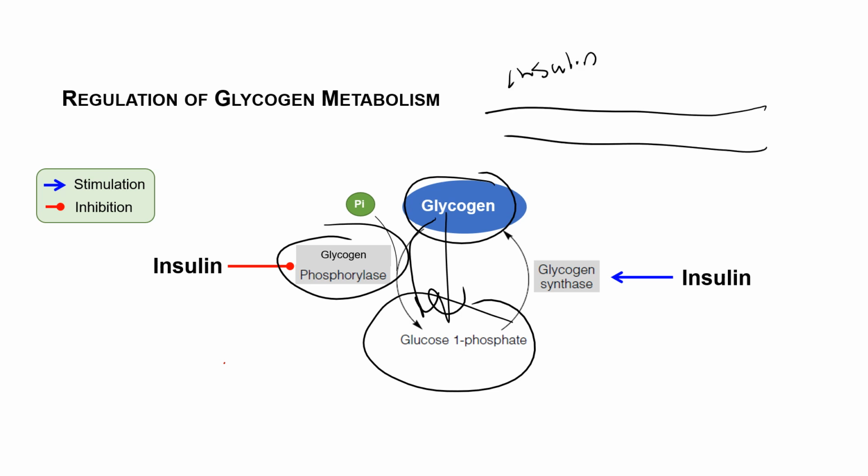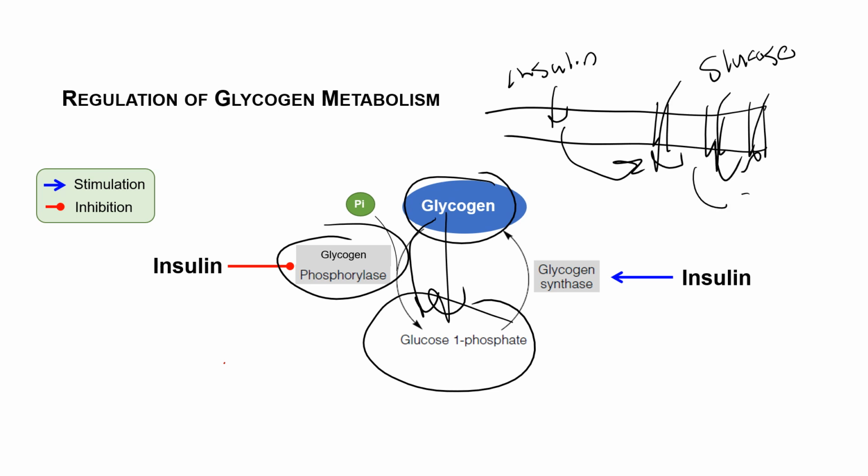When insulin binds to the insulin receptor on a skeletal muscle cell, its job is to allow for glucose to come in and for the glucose to be stored as glycogen. You wouldn't want that glycogen to be actively broken down into glucose when insulin is binding to the receptor and trying to allow glucose to come in from the blood